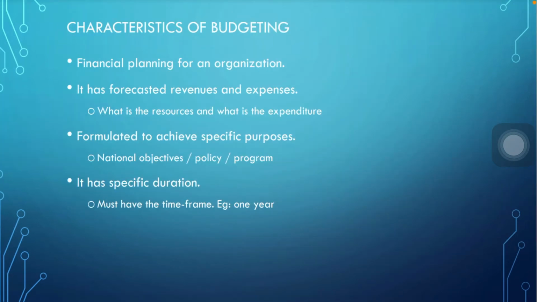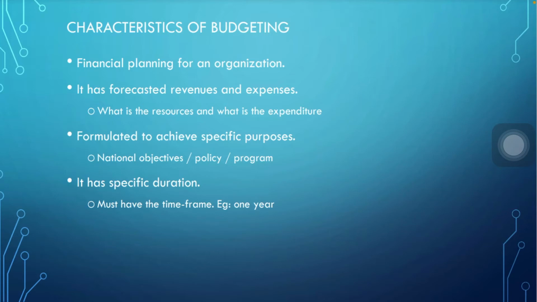So moving on, we shall look into what the characteristics of budgeting are. What are the characteristics of a budget? What form must a budget take? The first one is financial planning for an organisation. Even in a family itself, we have a budgeting process, or we call it a budgeting phase. So everywhere there is financial planning. Even you as a student, when you spend your money, your allowances, you have your own financial planning. What to buy, what not to buy, what is important, what is less important. So that is what we call financial planning for an organisation.